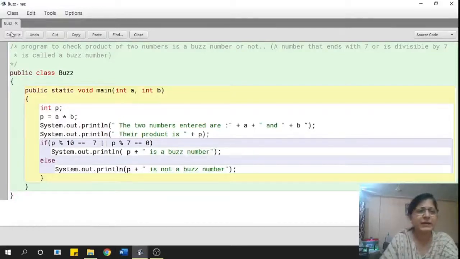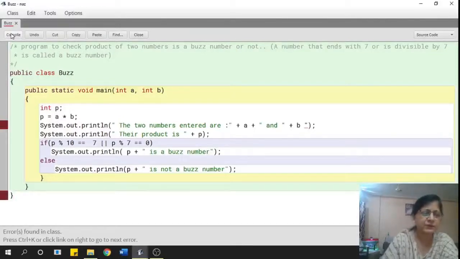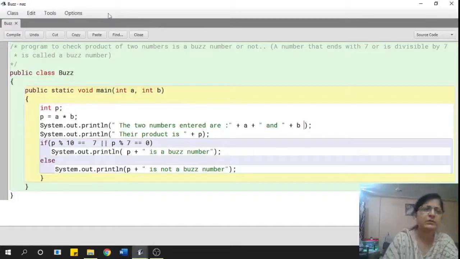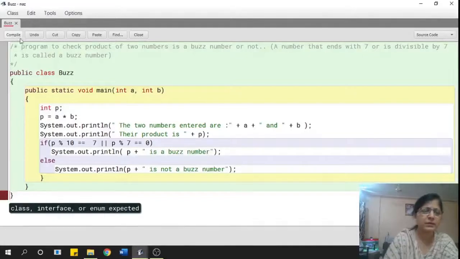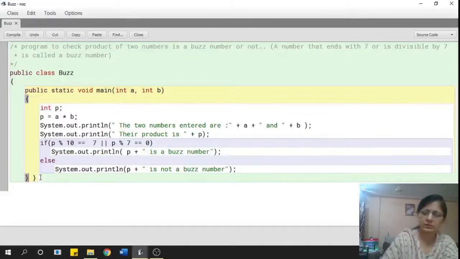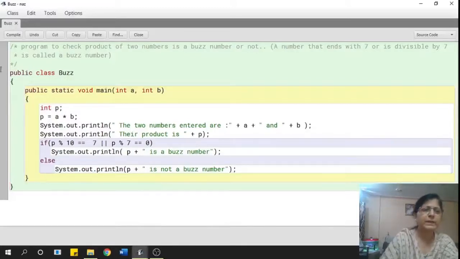Okay. Now I'll compile this. Errors found. Control K. This is an unclosed string here. Okay. So I remove this from here. Yeah. Control K. Okay, there is one extra bracket here. I don't need this bracket here. So this, because I forgot there is no loop here. Okay, compile it now. No errors.